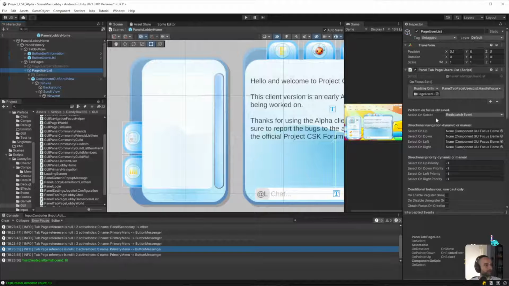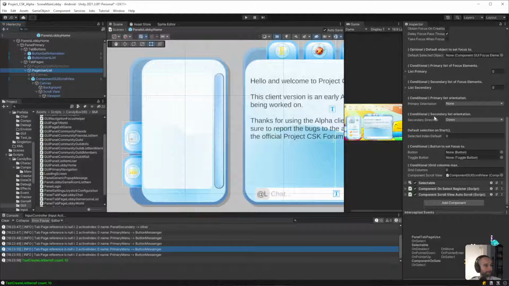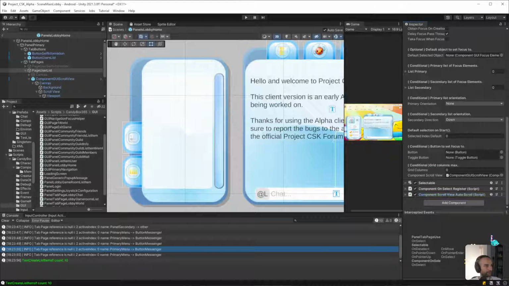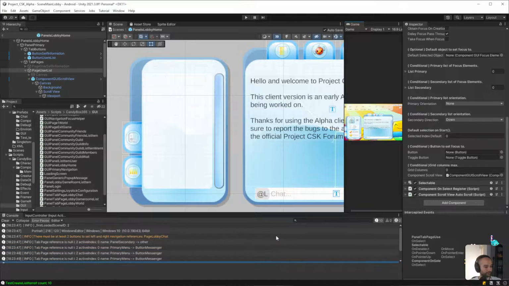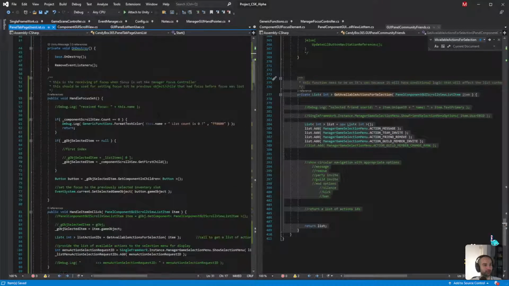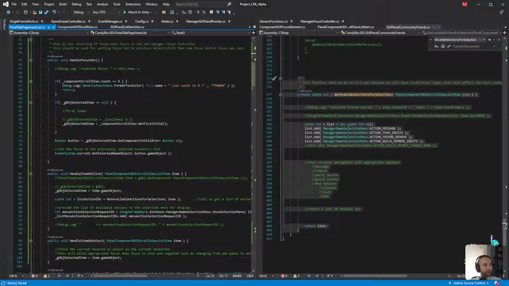What am I overlooking? It should be scrolling, but it's not.